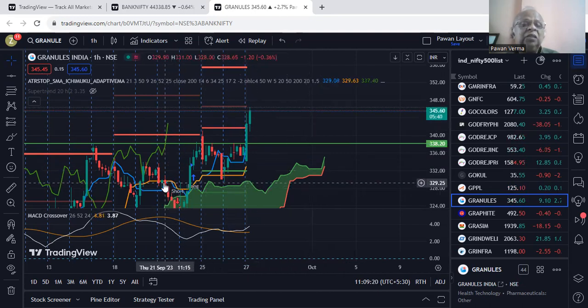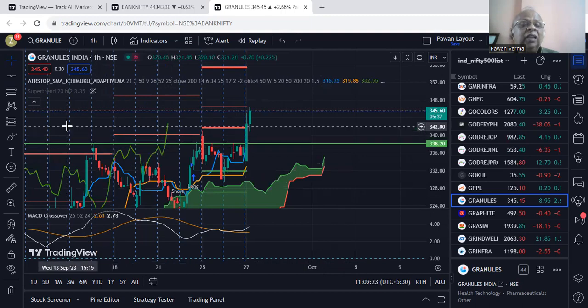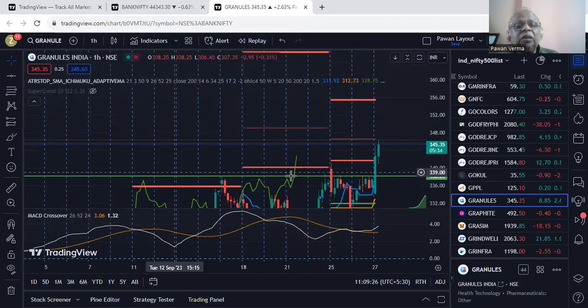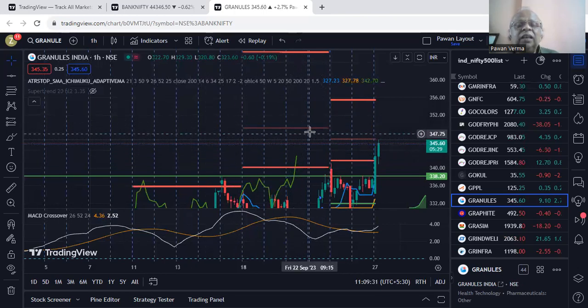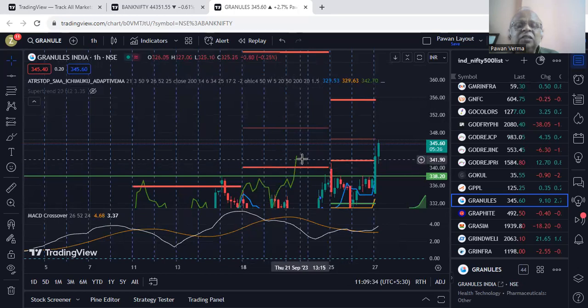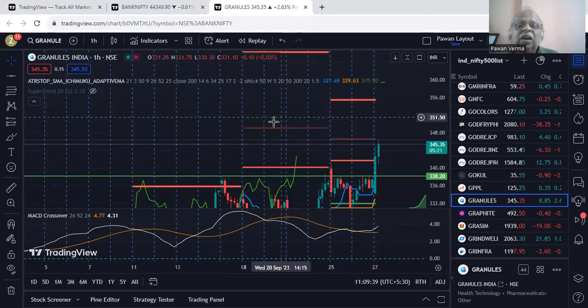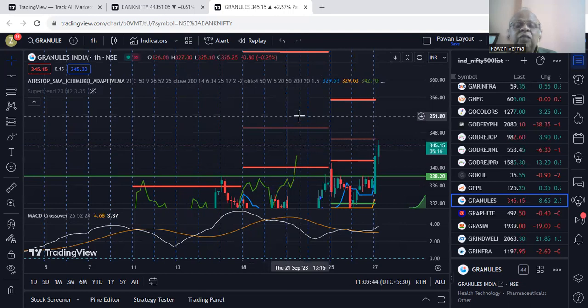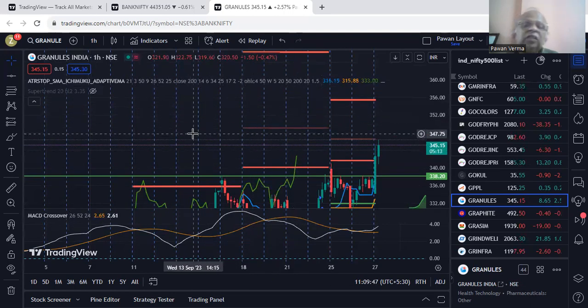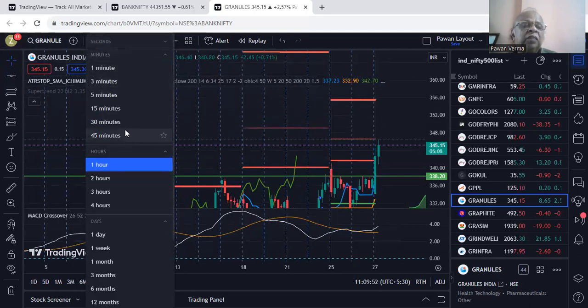And lastly, the position of the Chikou span is quite high and there is no resistance or cloud or anything extra, because the span has clear vision here to move further. There is no obstacle behind it. So friends, everything is reflecting bullishness in this particular stock, and the stock may achieve the third target also. So any dip must be honored